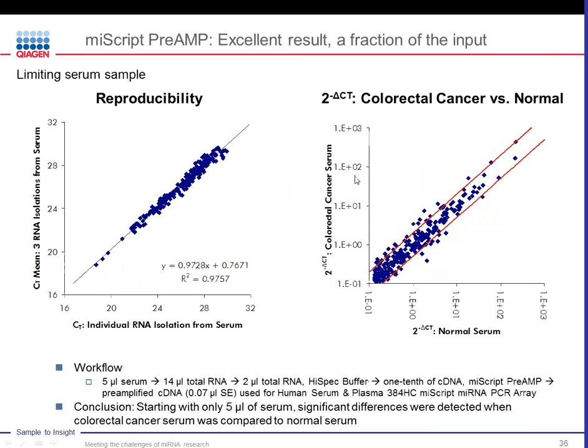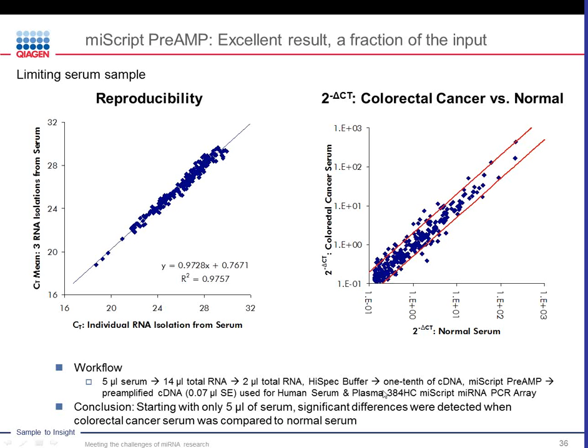Here we have a preamplification example where you can achieve excellent results with a fraction of the input. And here we had a limiting serum sample. So for the sample, we started with only 5 microliters of serum, isolated our RNA with the miRNeasy Serum/Plasma kit, synthesized cDNA, and performed PreAMP before using the serum and plasma